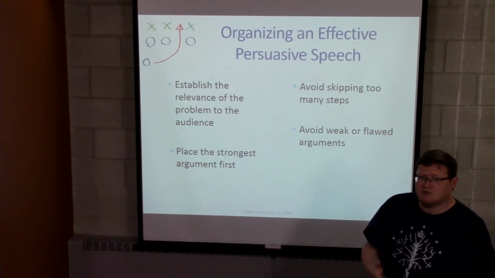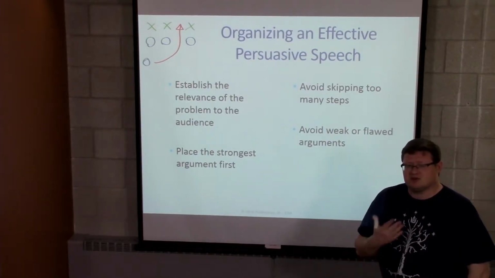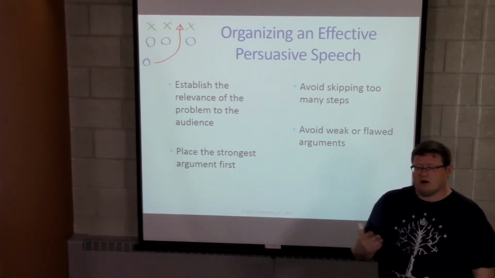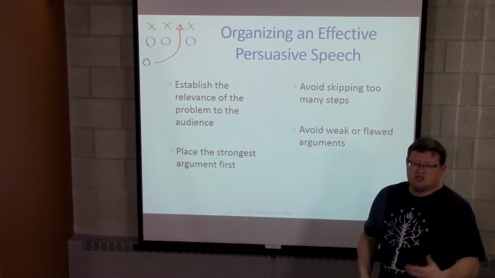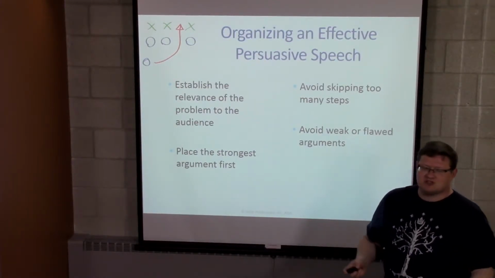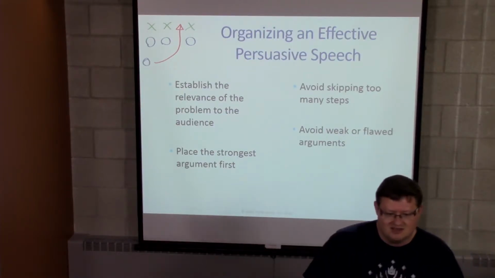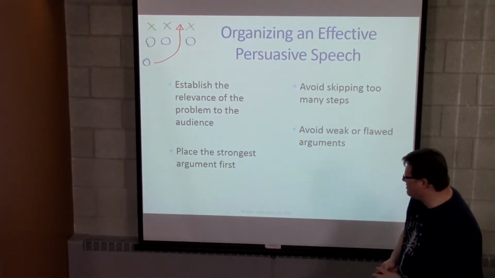When we talk about problem solution speeches, one of the things that we often want to do is focus on a problem that matches what our audiences are, and since most of our audience are college students, then maybe we shouldn't be talking about problems with the larger economy. We should be focusing on things like credit card debt, or college student loans, or how to deal with stress, or whatever it might be.